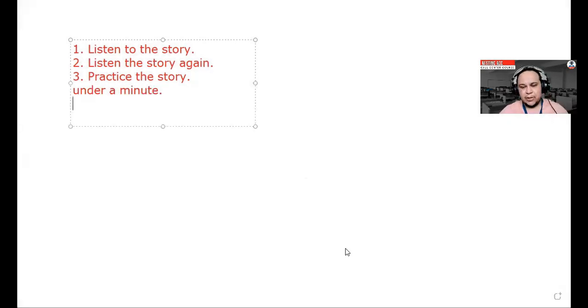Now, let me explain the idea with this. When you are practicing under a minute, during the VERSANT test, you're going to have, let's say, 40 seconds, 30 seconds. But being honest with you, you don't need to finish the whole story under that minute. The most important part in the VERSANT test is that you keep yourself talking. And this is the idea with this drill when you have to work on your storytelling.